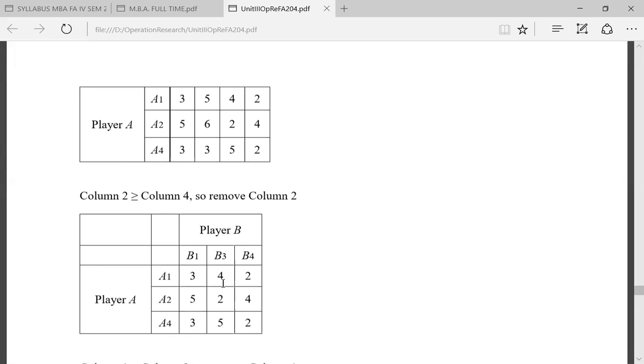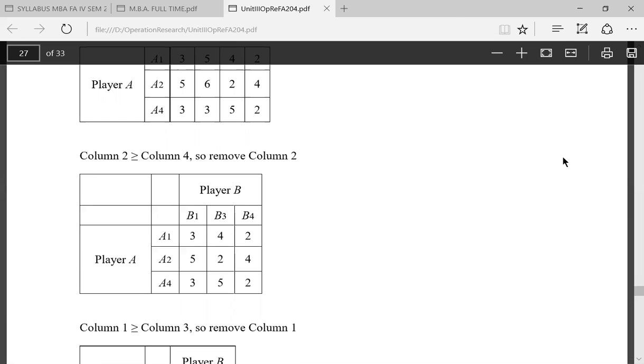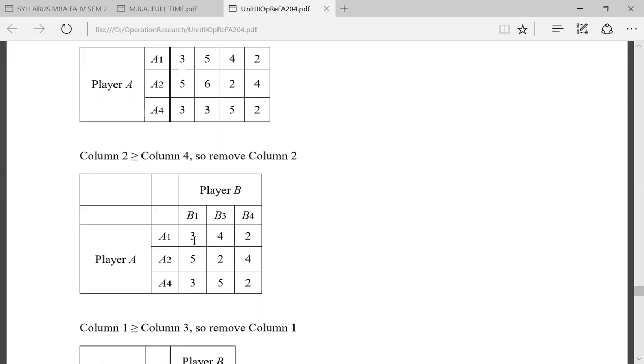फर्स्ट कॉलम और थर्ड कॉलम को कंपेयर करेंगे तो देखेंगे कि 4 is bigger than 3 but 5 is bigger than 2। फर्स्ट कॉलम और फोर्थ कॉलम को कंपेयर करें, B1 और B4 को। 3 is higher than 2, 5 is higher than 4, 3 is higher than 2। Therefore, the column 1 can be eliminated।